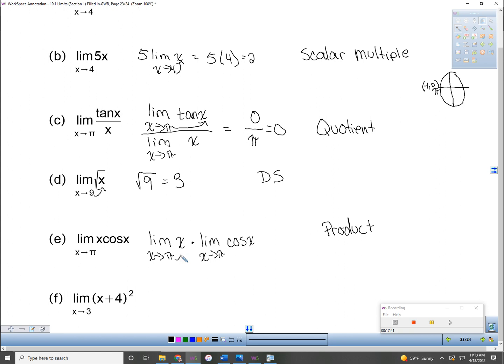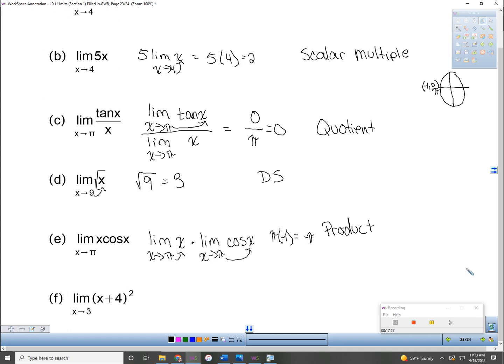All right, so I plug the pi in here, and that just gives me pi. I plug pi in here, and I have to take the cosine of pi. Remember, cosine of pi would be your x value, so pi times -1,